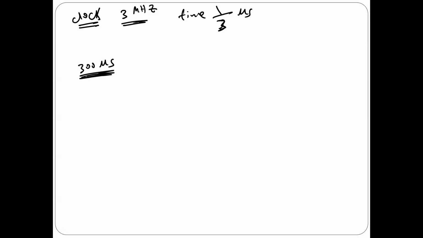I need a time set. You remember the 130, 10 millisecond we used in RTI. I want to do the same thing, but I want to use 300 microseconds. You have to convert the time to number of counts. So now I'm going to divide 300 microseconds over 1/3 microsecond. That means it should be 900 counts.